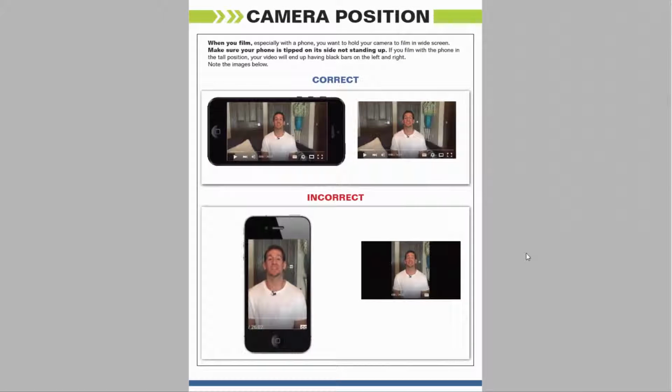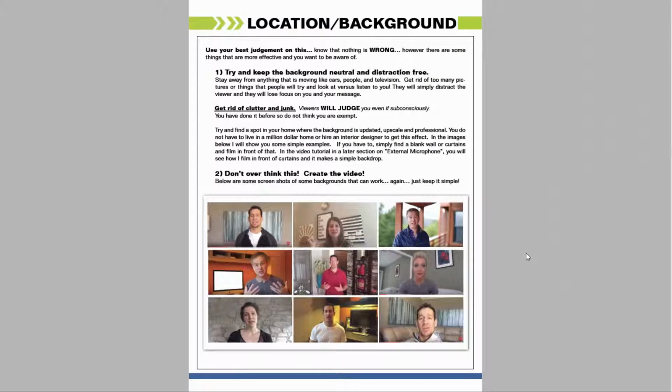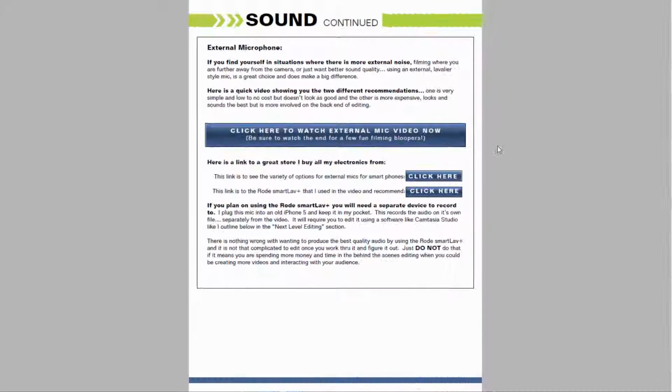Some tips are real quick and simple that you may or may not already know, but it starts with the basics, like how to hold your camera so you get a widescreen picture versus a long, narrow picture with bars on the side. We talk about location and background with specific examples so you get an idea of what's good and what's not. We talk about sound and microphones, and this is that video I was talking about here,